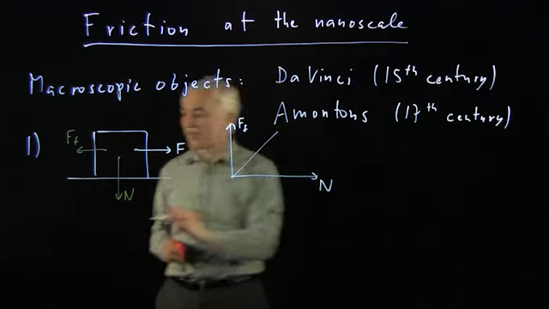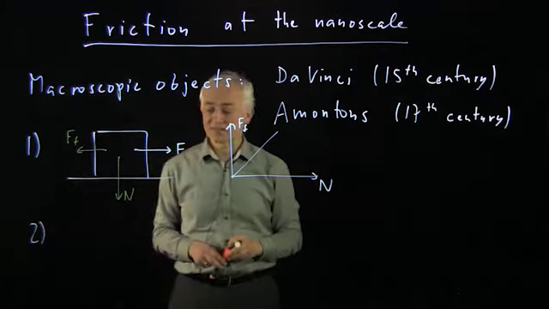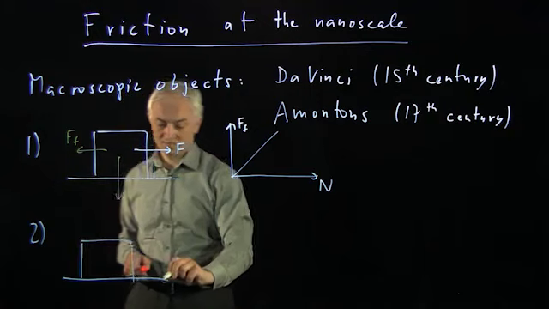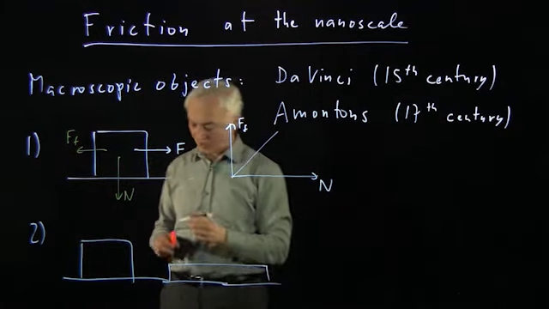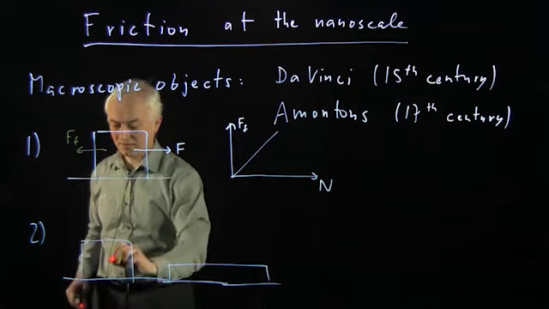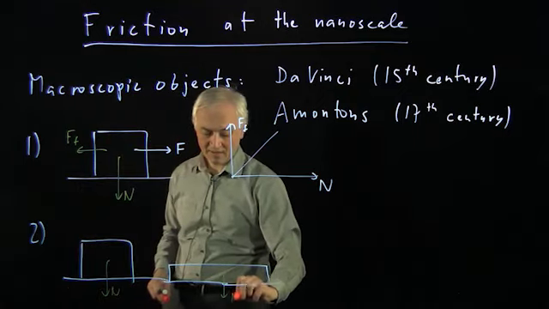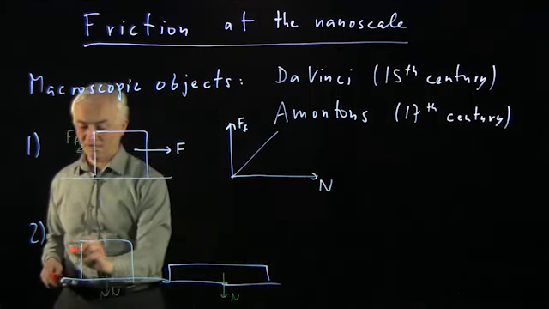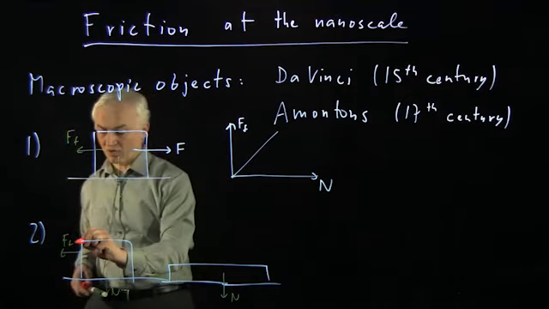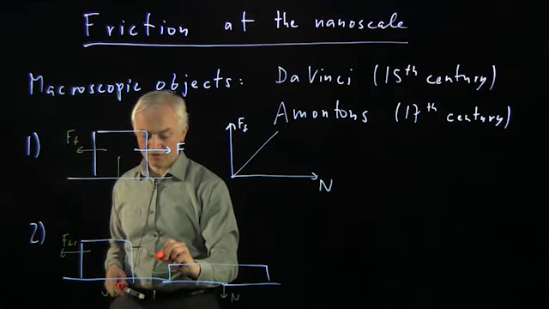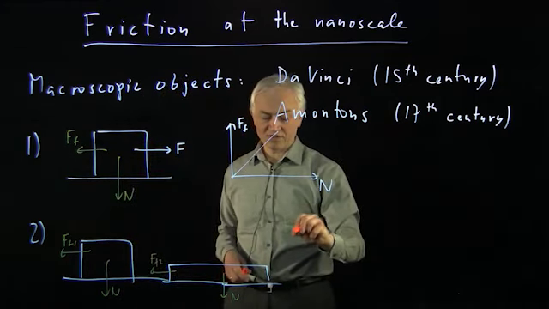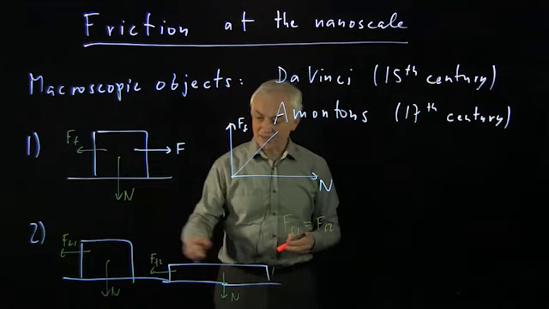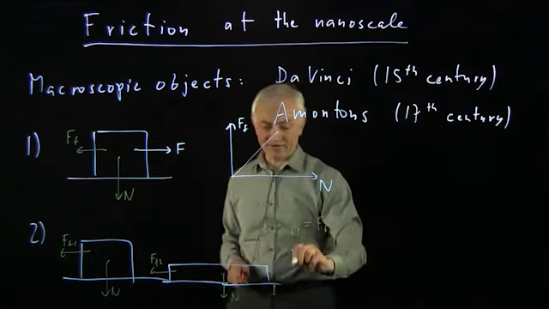An object twice as heavy should have a force twice as large. The second law of friction is much more surprising, namely that if you have two objects of the same weight, so you have the same normal force, but of very different areas of contact, then the friction force is the same. So if you have a friction force for this object, let me call it friction force 1, and the friction force of this object, friction force 2, then the friction forces are the same. Friction force 1 equals friction force 2. So surprisingly, the friction force is independent of contact area.